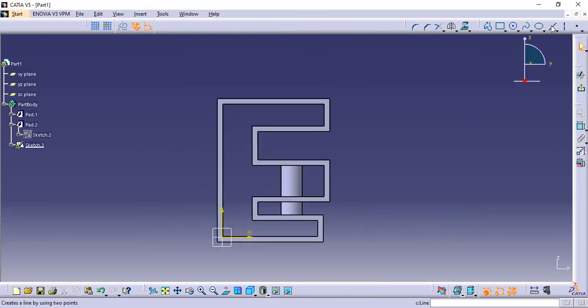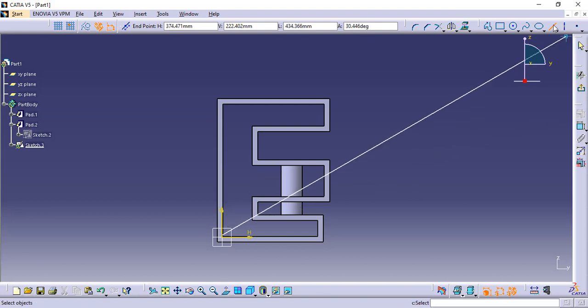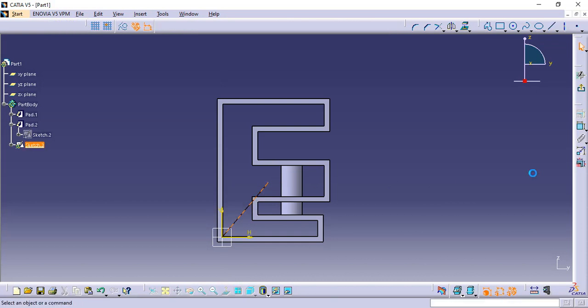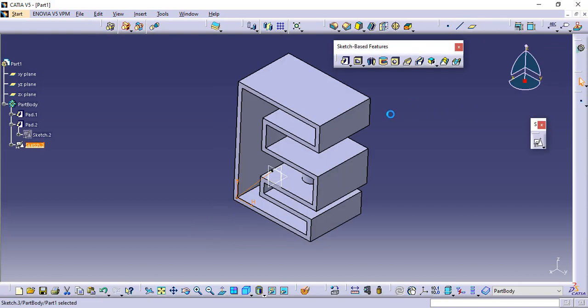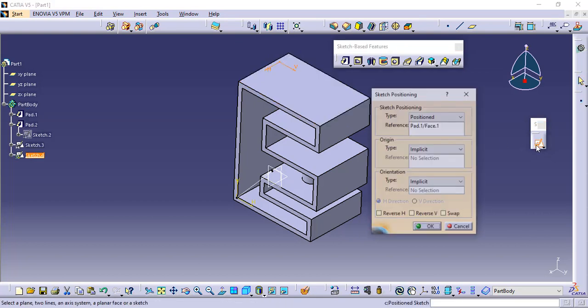Now I will make one line from the datum point. You can create a line anywhere in the sketch. So I will create a line here. The line is not from the center of the datum. And I will give it some direction like 50. Okay, fine. Now we will make a rectangle, or I will tell you something. Just orient this.